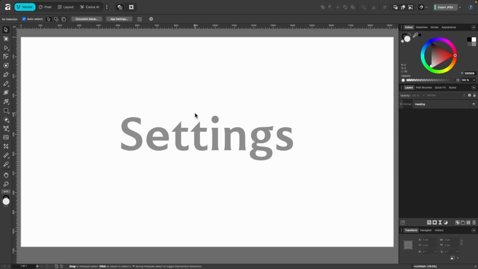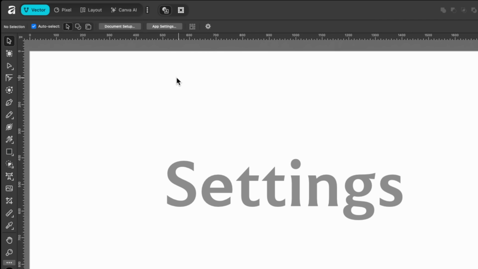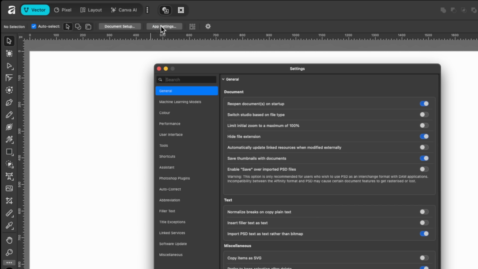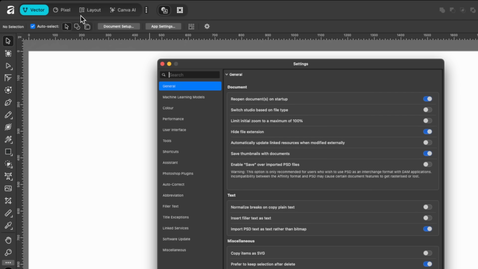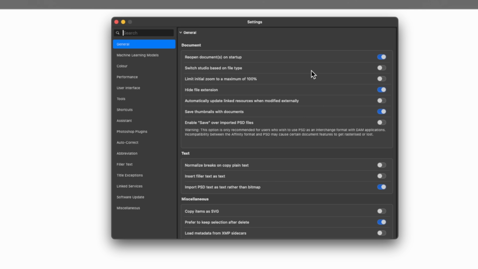And let's briefly cover the app settings, as there may be a few settings that you wish to change. So I'm in the Move tool right now, so in the context toolbar you can see App Settings. I'm going to click on it, and we start off in General. Some of these have been toggled off, some of them are on by default. So one of the ones I changed was Switch Studio based on file type. And if this one is toggled on, basically, if you open up a JPEG in Affinity, it will switch to Pixel Studio. If you open up a vector format, it will open up in Vector. I just turned that off because I want Affinity always to start in Vector Studio,